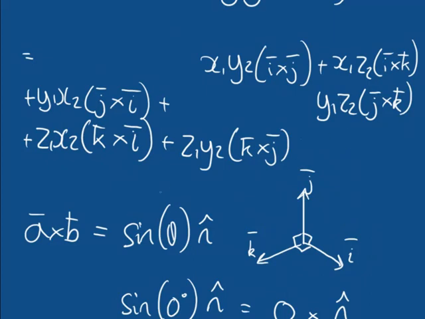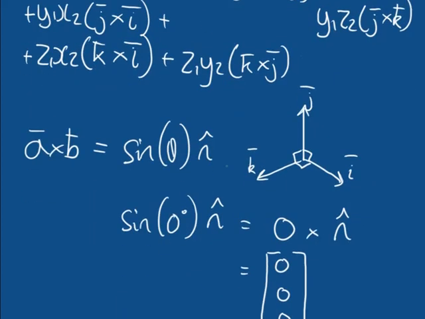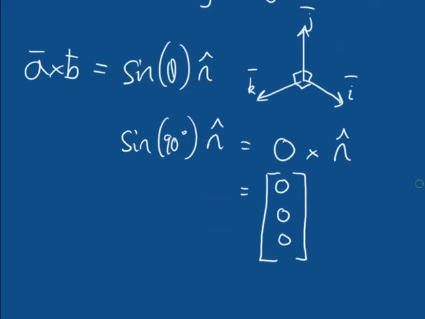So that means a cross b becomes the sine of 90 degrees multiplied by our unit vector n, and we know that the sine of 90 degrees is a value of 1, so therefore all of these become 1 times that unit vector n,